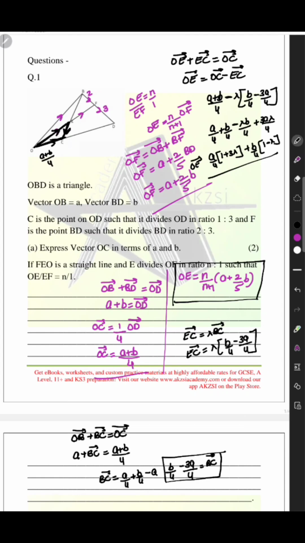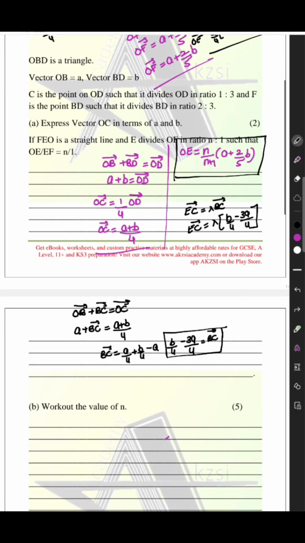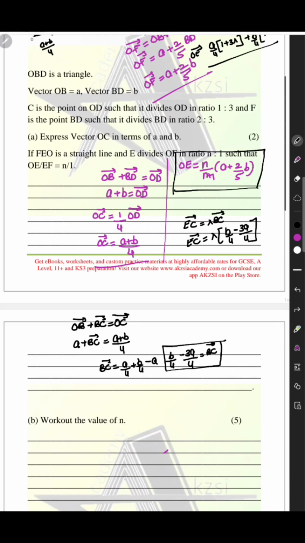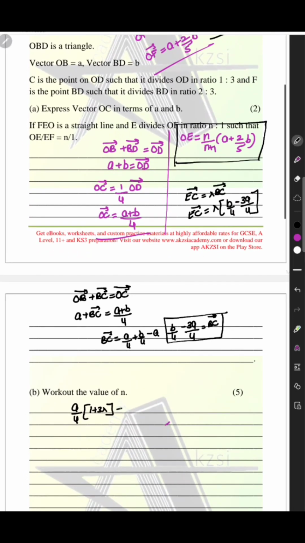And finally putting it here. This is a long one, I think you need to replay it 2-3 times to understand it fully. So OE, I'm finally substituting here in this one. So OE is finally A by 4, 1 plus 3 lambda plus B by 4, 1 minus lambda is equal to,